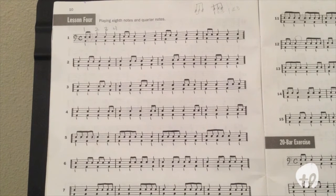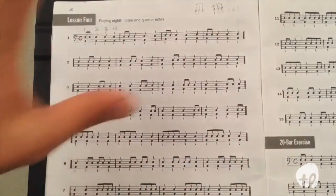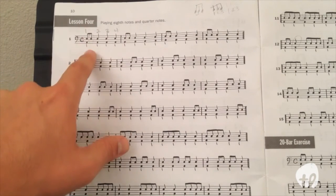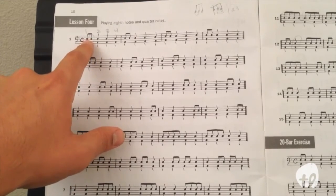But if I were to ask you, look at number 1. And again, so much about music can seem like there's a lot going on here, but really we always want to focus our eyes on one thing at a time. If we just look at this first set of notes, I can tell you these are eighth notes, and if I say